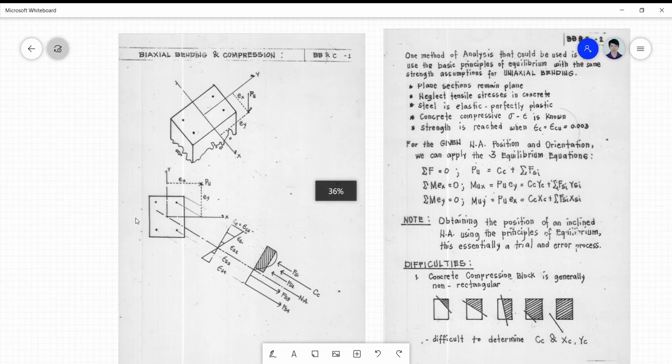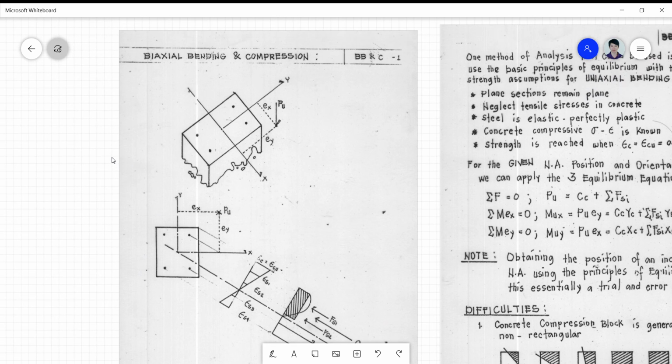Okay, so biaxial bending is very important for axial and flexural members like columns. And all columns are to be designed with these load combinations. The problem with building columns is that the load combinations are too many, so a column will normally behave differently with each load combination induced on it.